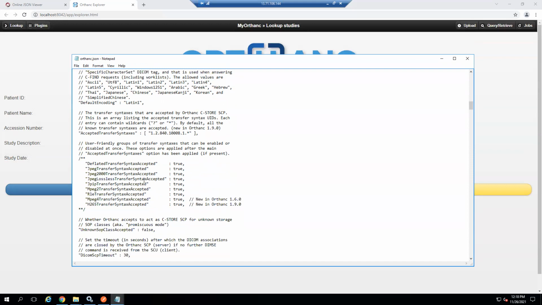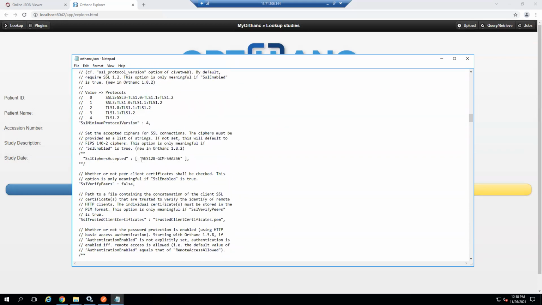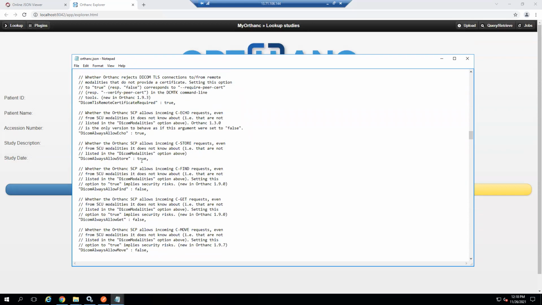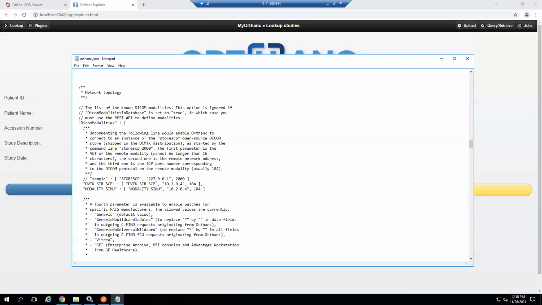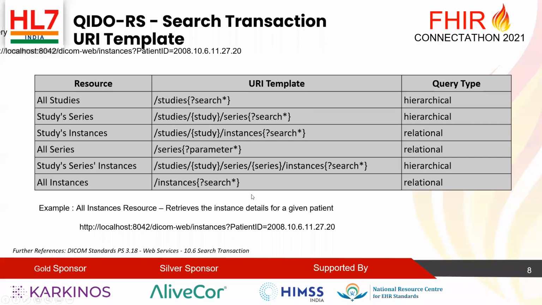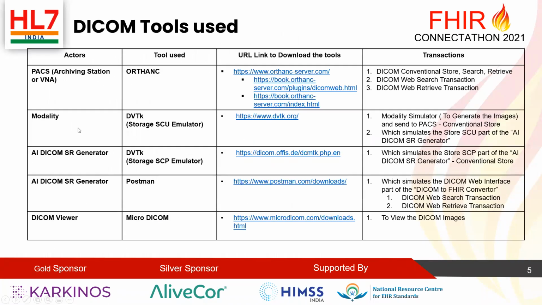And if I want to configure the other nodes, modality and all, you can go down a bit. Here, if you see, I configured two DICOM nodes. These are just samples they have given. Okay, so as I told you in the transactions in the previous slide, I told you different things, right?